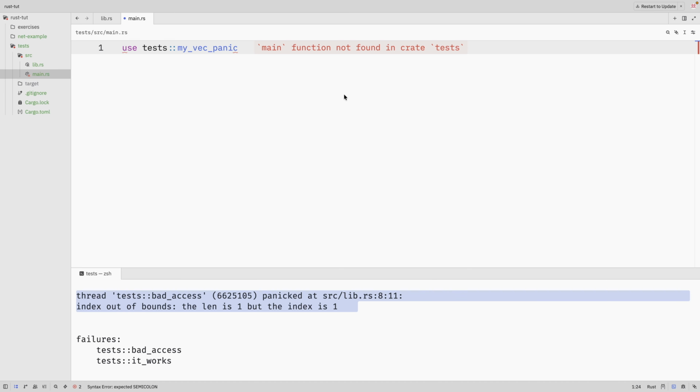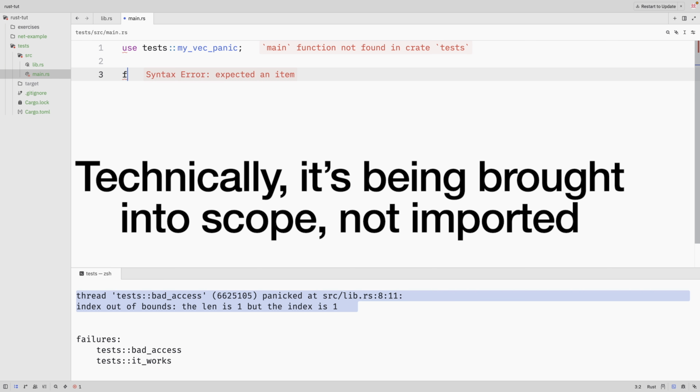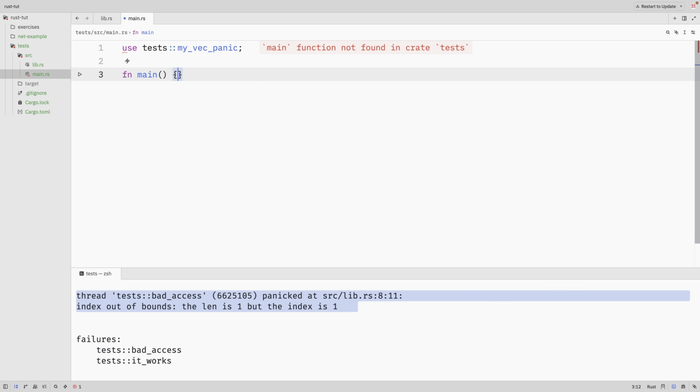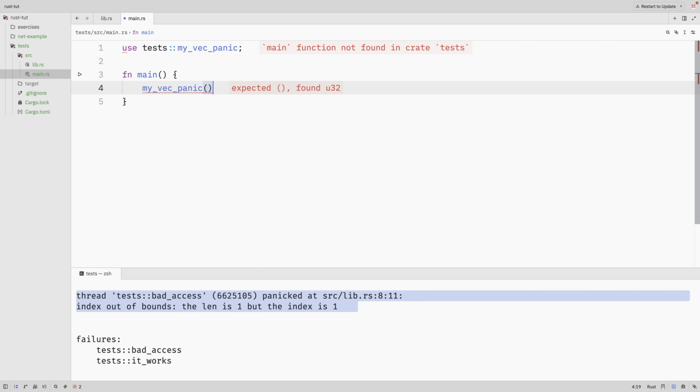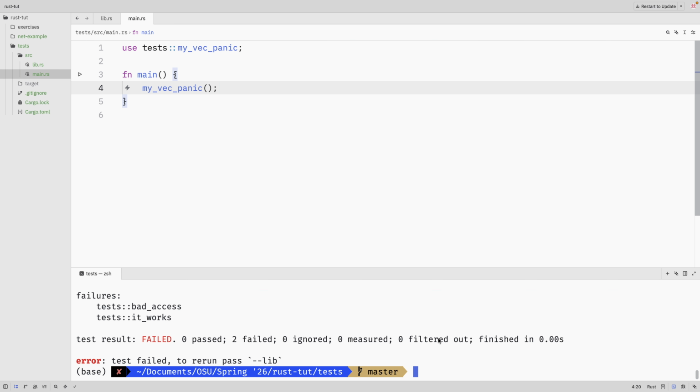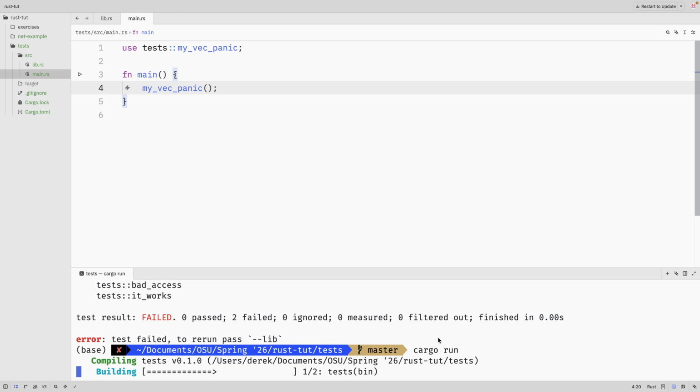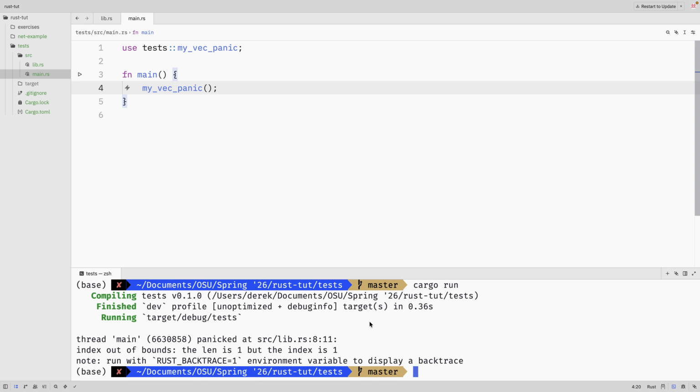Now let's see what happens when I use this my vec panic in a binary crate. So I went ahead and created our main.rs here, and I'm importing it, and we have a function main, and we want to call my vec panic. Let's see what happens when I do cargo run here. And as you can see, we get a panic here, and it gives us a little bit of information about